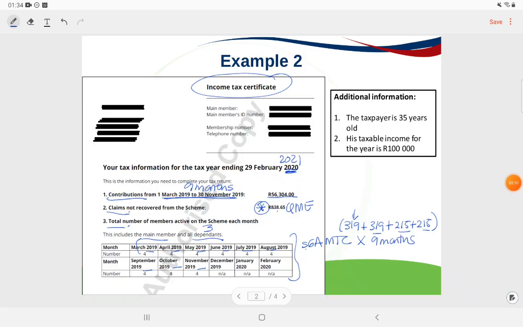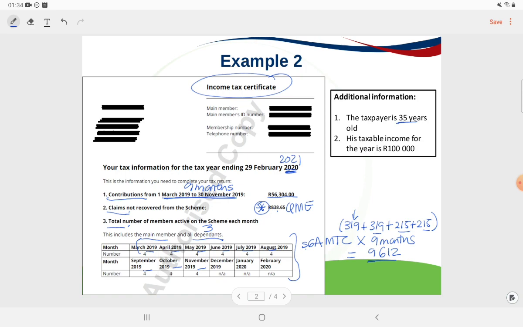So your section 6A medical tax credit here would be 9,612. That you would claim as a rebate in the taxpayer's income tax calculation, but you also need this amount as an input into the section 6B additional medical tax credit, and we'll look at how it comes into the formula just now. You do need to know the age of the taxpayer for section 6B because it determines which